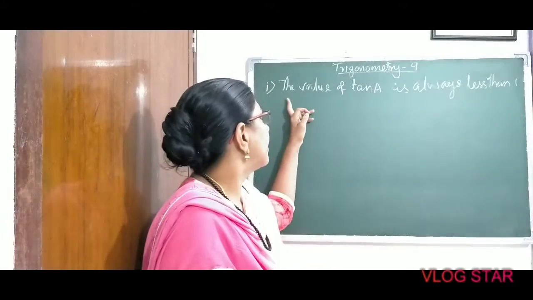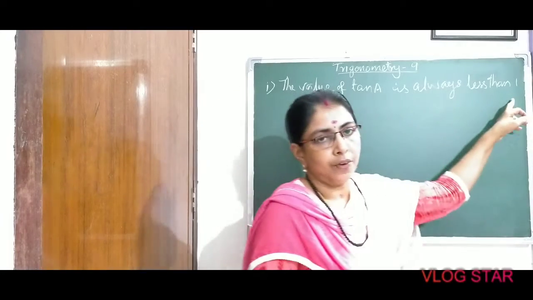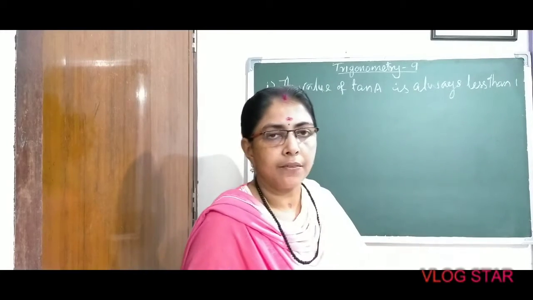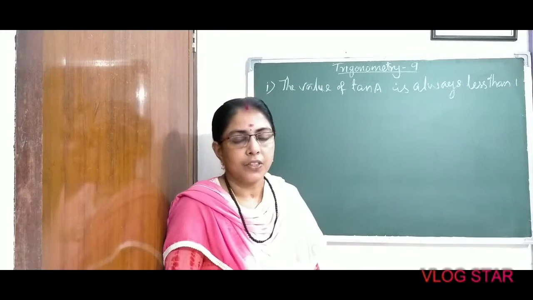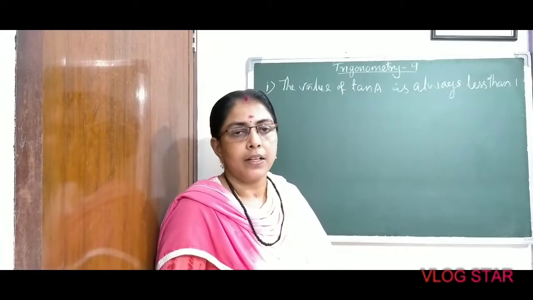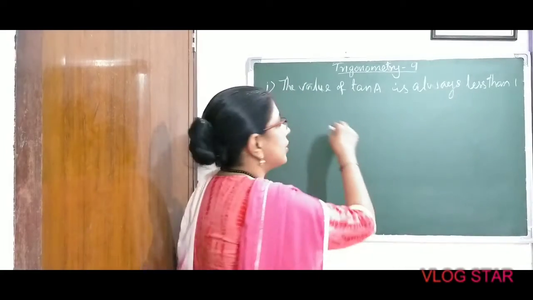The first statement is that the value of tan A is always less than 1. Is the value of tan A always less than 1? This is a false statement. Why? Let us state the reasons also. This statement is false